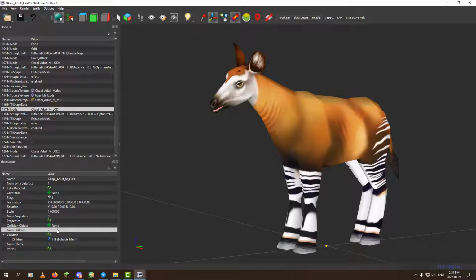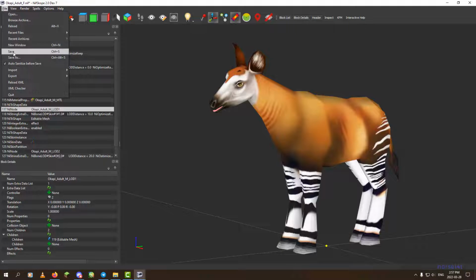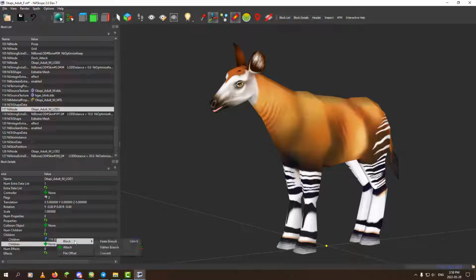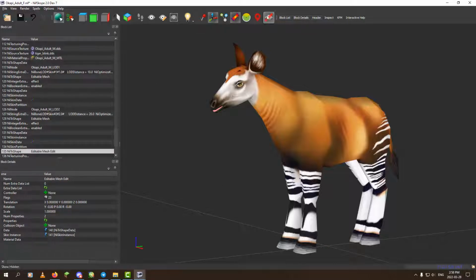And 2, enter. And you'll notice that I didn't bother getting rid of the 2 here. That's because when we saved, it automatically got rid of it. So if I were to do that here, save, it automatically gets rid of the empty thing. But we want it right now. So block, paste branch,